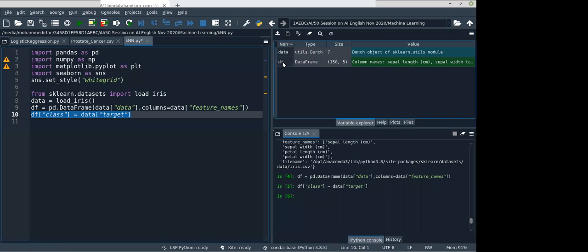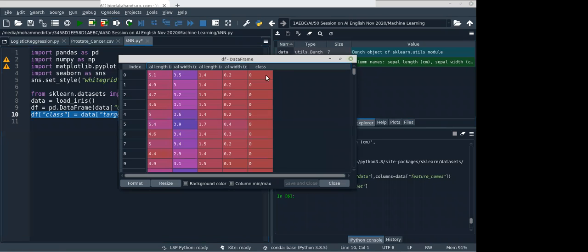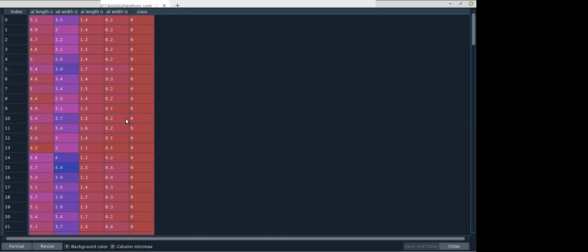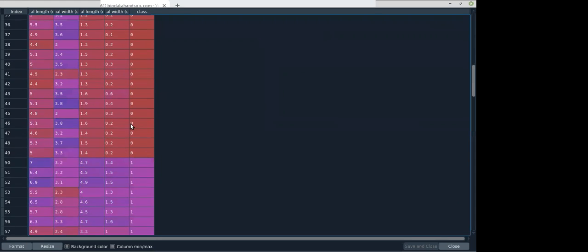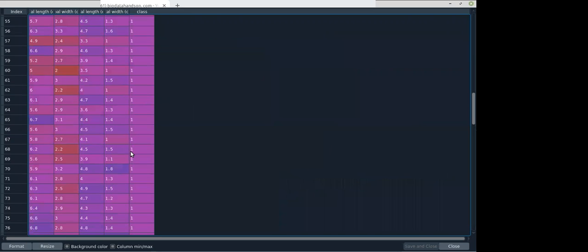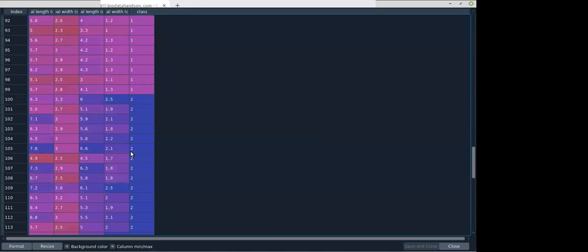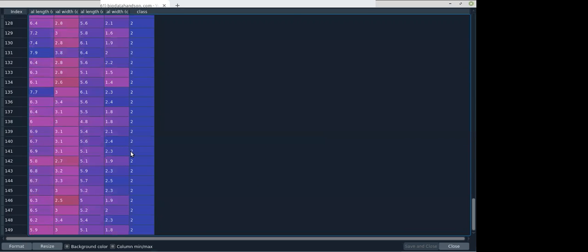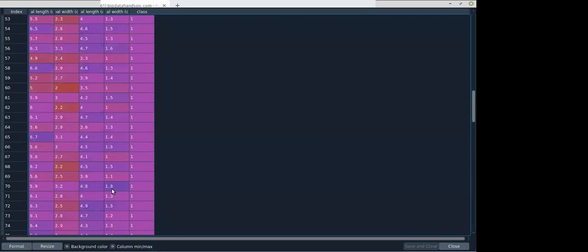Now if you open the data frame, you will find the column class here, right? So in here we have 50 setosa data, 50 versicolor and 50 virginica. Okay, that's 150 data we have, right?